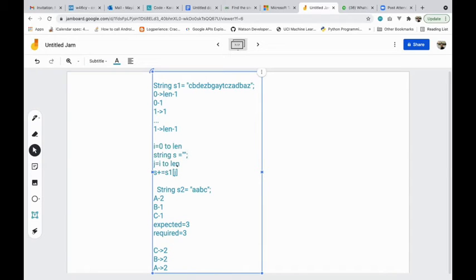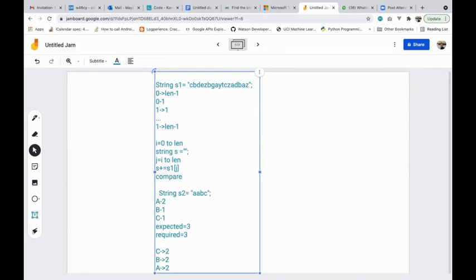So because I'm starting from I only, my J is traversing till the end. Every time I add a J, my count will be incremented by 1, but my starting point is whatever my I was. In the first use case, it will be I equals 0. After one iteration it will be C, then I will be adding CB, then CBD and E, and this way. Once I do this, I can call a compare method, which will compare this S with the S2 string to tell me whether it has all the characters in S2 or not.